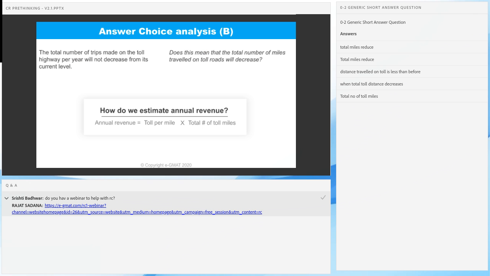All right. So with that, let's look at what you guys did over here and how you polled. A lot of you chose choice B. I'm not going to go towards choice A. Very few people chose choice A. People chose choices C and D as well. Choice E is the correct answer. So what does choice B say? Choice B says that the total number of trips made on the toll highway per year will not decrease from